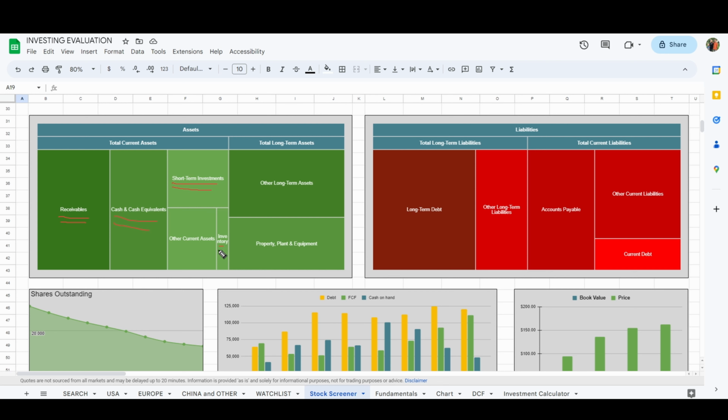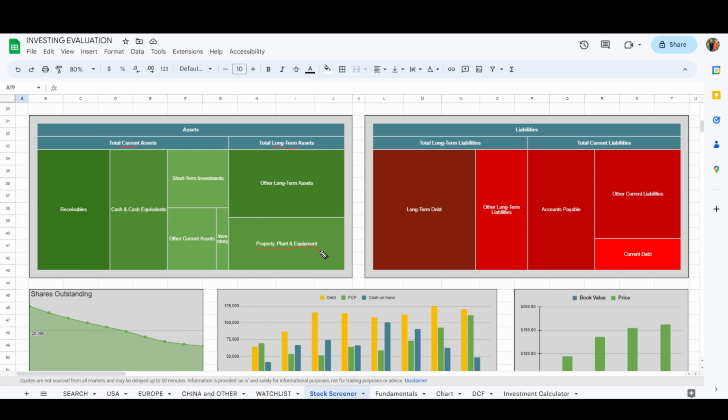Now, Apple also has very little inventory, which is great because they don't have to have a lot of inventory to still sell those products. So that's amazing. Now, they don't have that much property, plant, and equipment, which is great because we want to see them ideally have a lot of current assets over long-term assets, because current assets are a lot more tangible, which means that they can be sold a lot easier,